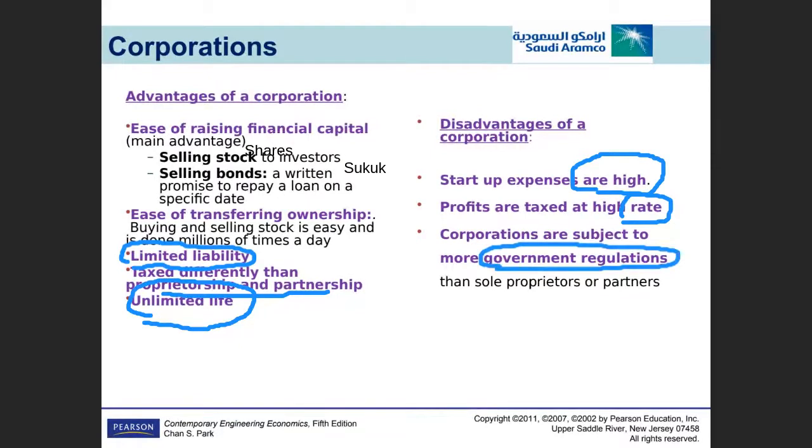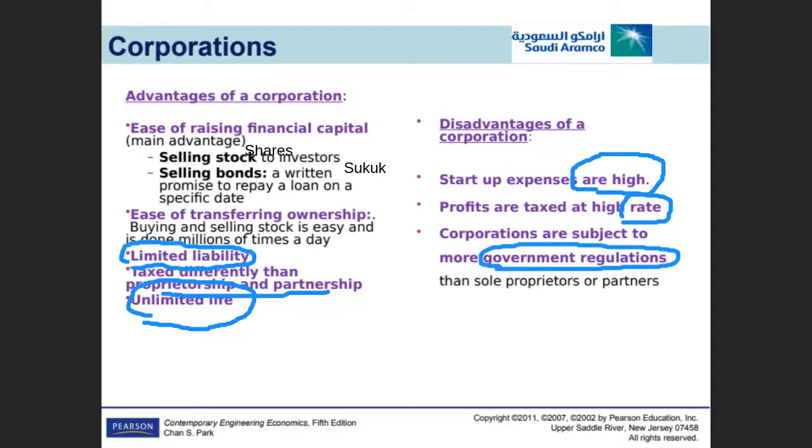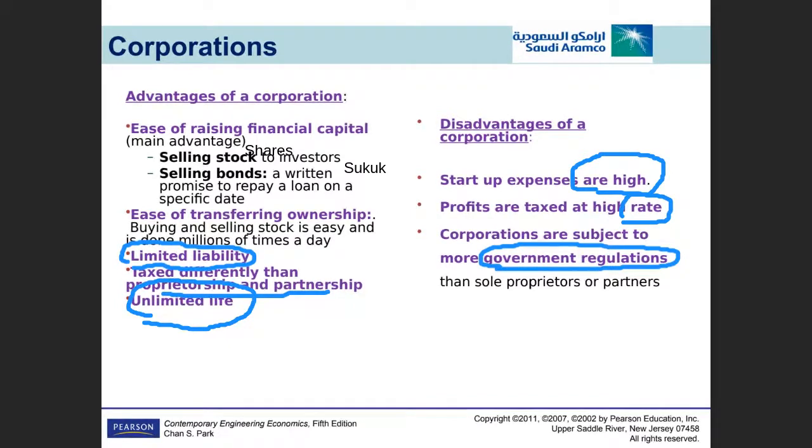There are so many government regulations a corporation has to follow. There should be an audit, there should be a board of directors, and how you should select the board of directors. There are a lot of requirements by the government for a corporation. Okay, why is there a lot of strict requirement? Because public money is invested. Anyone from the public can buy and sell the shares. So it is the role of the government to make sure that those corporations follow the regulations, and it is the job of the government to protect the interest of the common people. Okay, so that is the reason there are more strict government regulations.